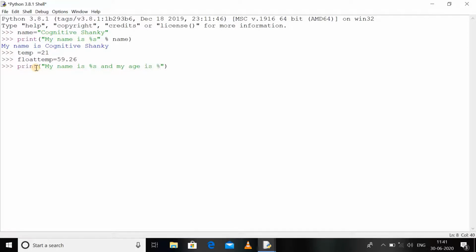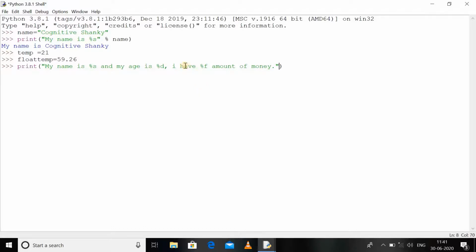So let's say modulo and temp, as it is the integral value, I have to use modulo d over here, and then I would say, let's say this much money I have, so I have modulo f amount of money.